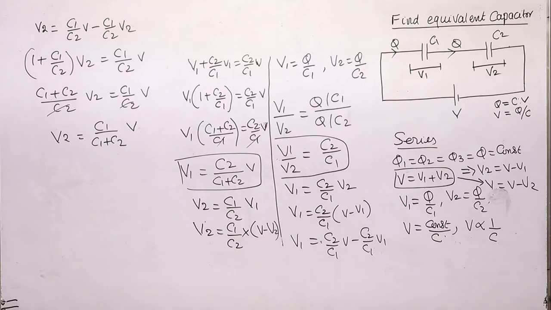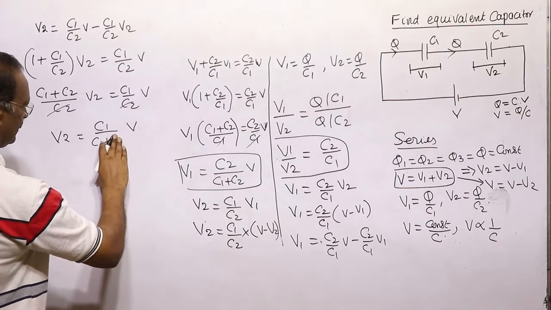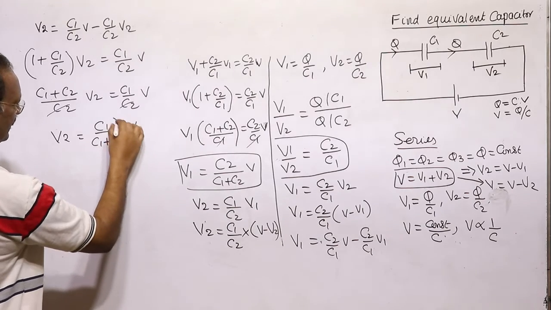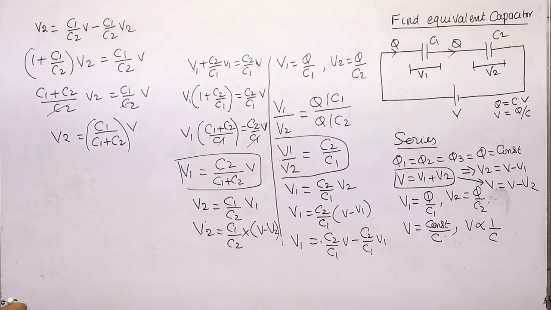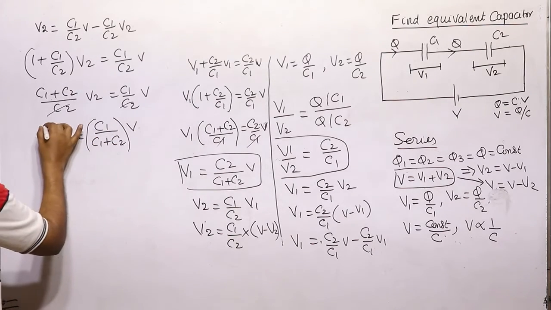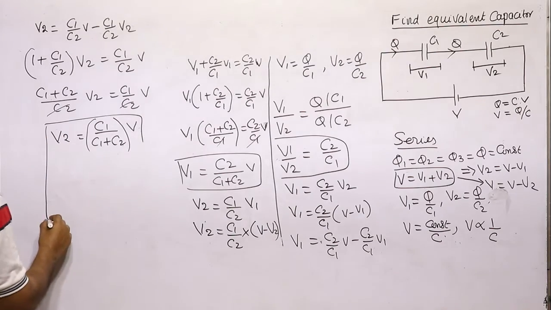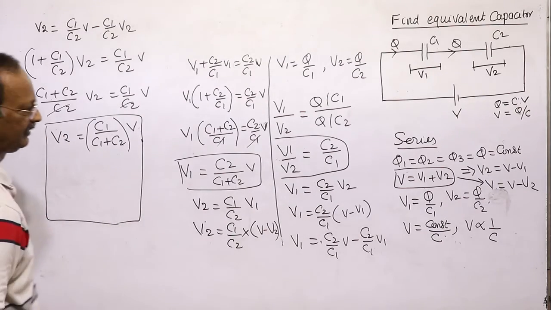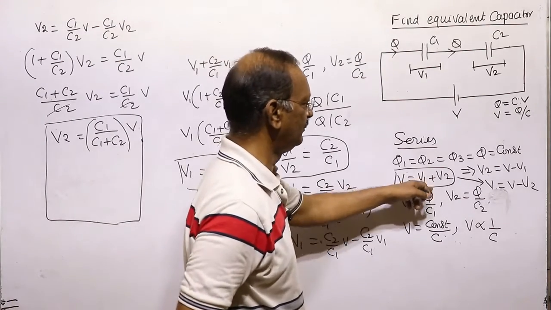So we can go by shortcut for computation if you know this formula. Otherwise, we have to do the full calculation. So therefore, we can write the result. For a series circuit, the voltage will differ. The voltage will be V1 plus V2.